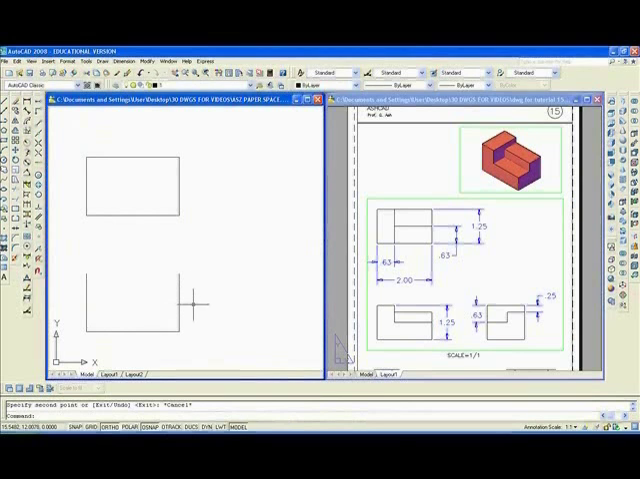Also, I'm going to offset. O, enter. 1.25, enter. And fillet it with the radius 0 to make sure we have a good intersection. Now I'm going to copy